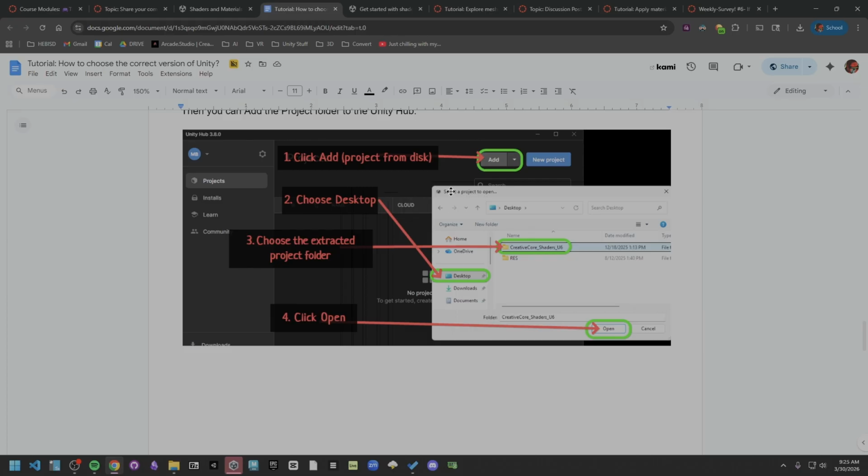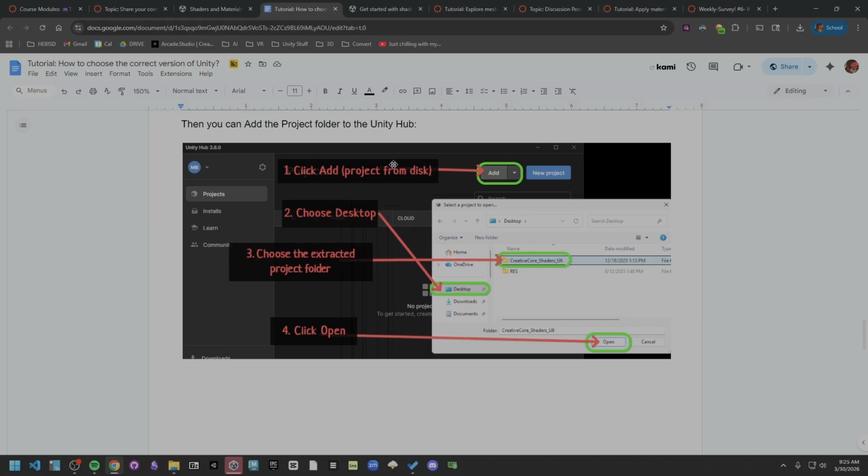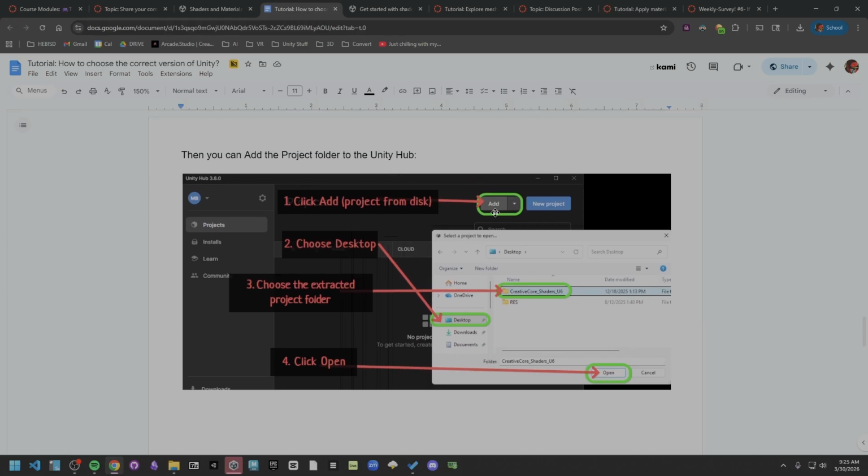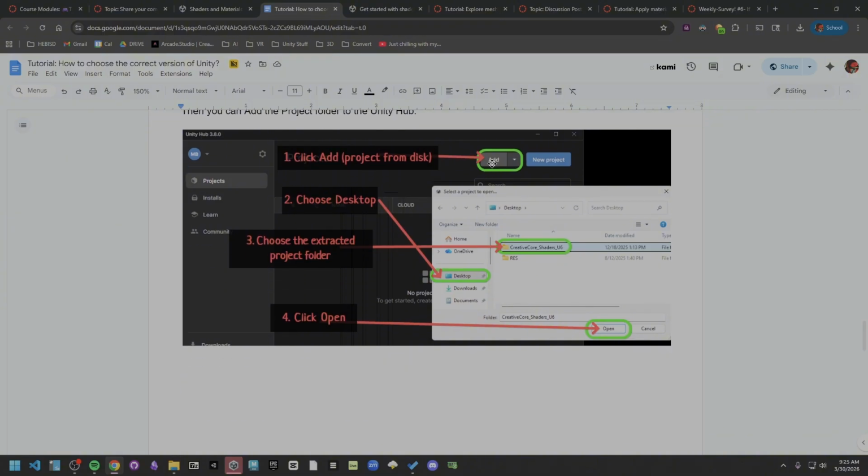All right. And then we're going to open the Unity Hub, click the Add button. So this is different, right? In the past, we've always been clicking New Project. This time we're choosing Add because it's an already completed project that we're going to modify. All right, so choose Add. Then you're going to navigate to the desktop. You're going to choose that extracted folder we pulled out of the zip file, and then you're going to click